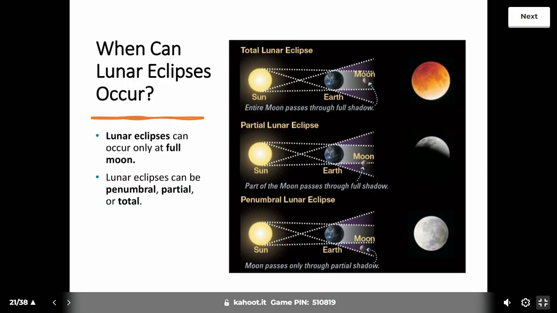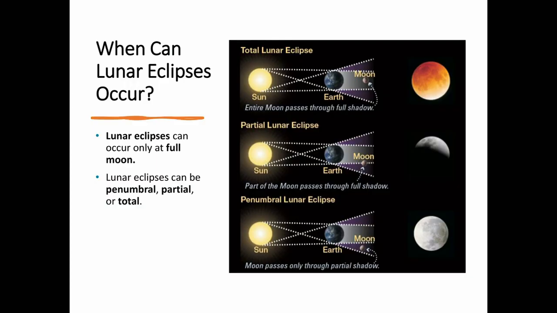The phase of the moon is related to what type of eclipse can happen. A lunar eclipse can only happen during a full moon, and there can be penumbral, partial, or total lunar eclipses. So if the moon is completely in the Earth's shadow, then that'll be a total lunar eclipse. A partial lunar eclipse will be when part of the moon is in Earth's shadow and part of it isn't. And a penumbral lunar eclipse will be where